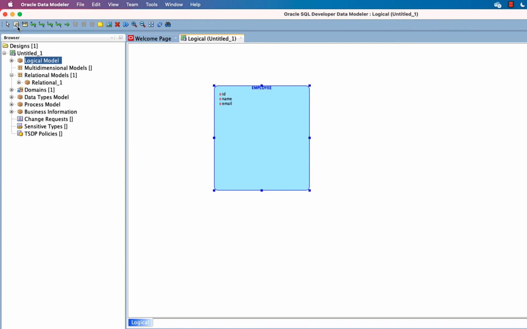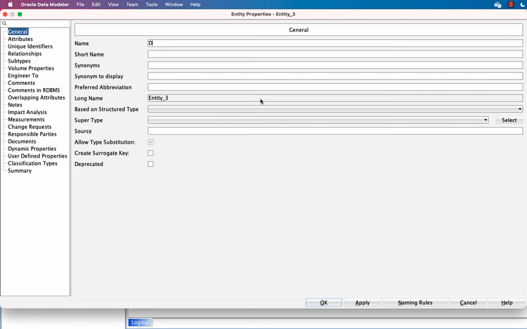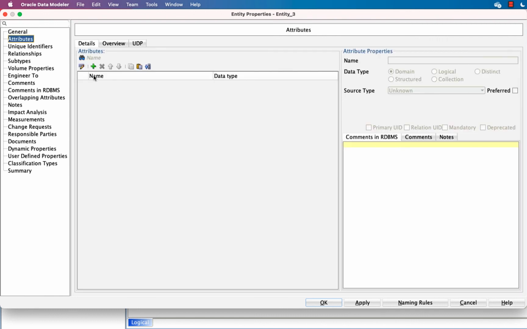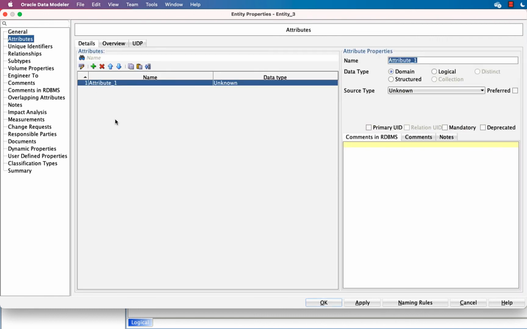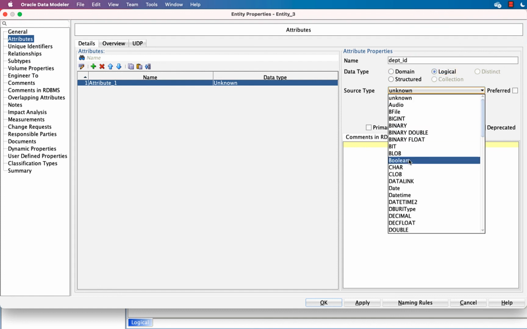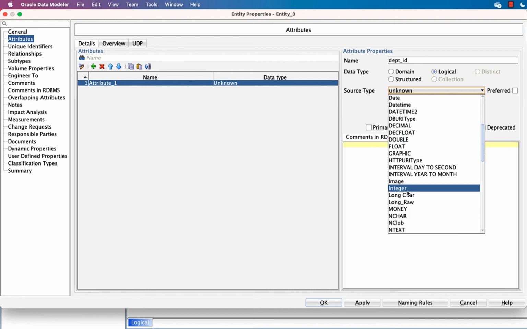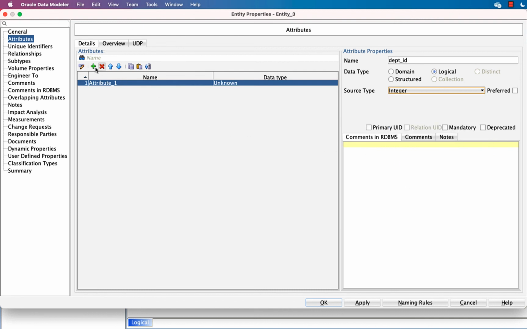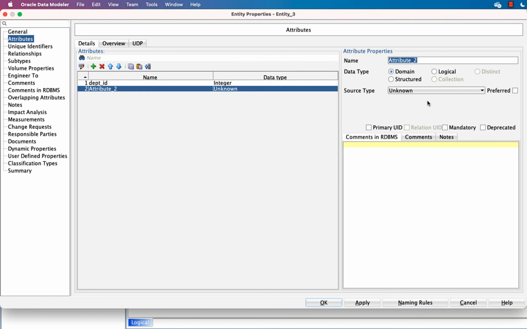I can quickly create another entity. So let's say departments entity, department entity, that's fine. Attributes, so let's suppose department ID, and it would be integer, and then department name.